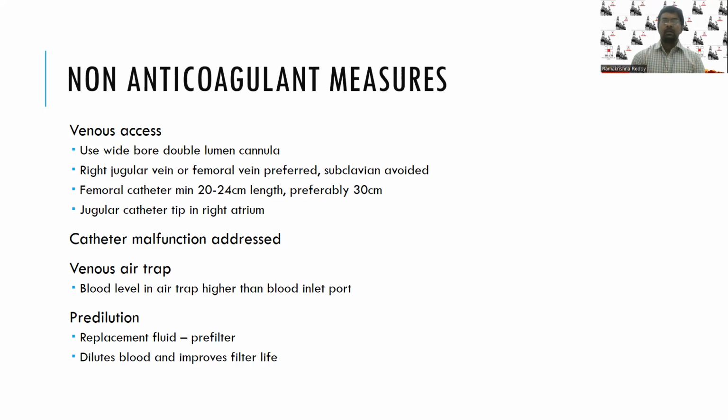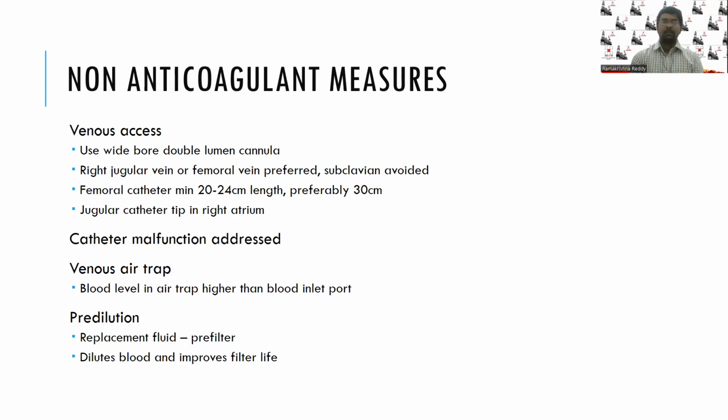So the turbulent flow is less in these veins, and it's better to avoid the subclavian vein for venous access because the subclavian has an angular course. Thus, the flow can be turbulent or the catheter can get kinked, so that flow becomes disturbed